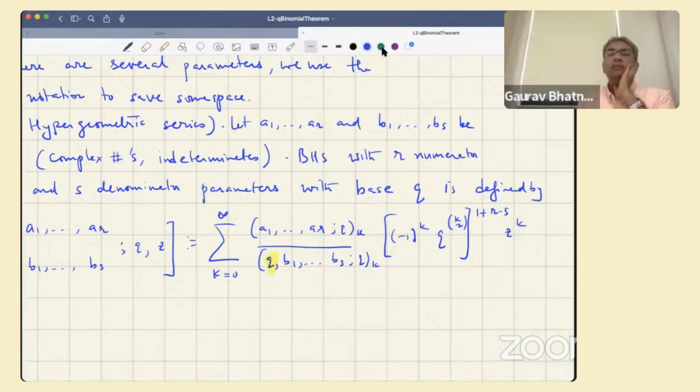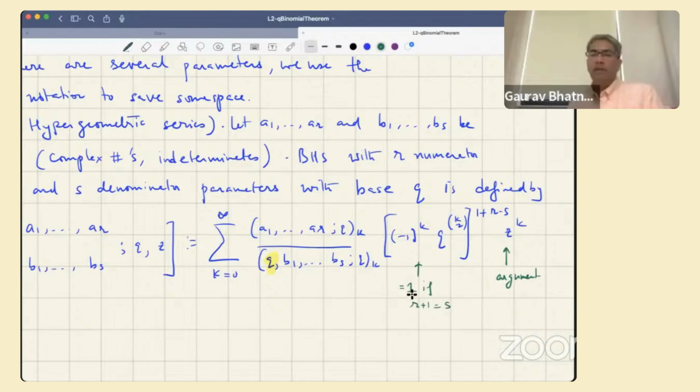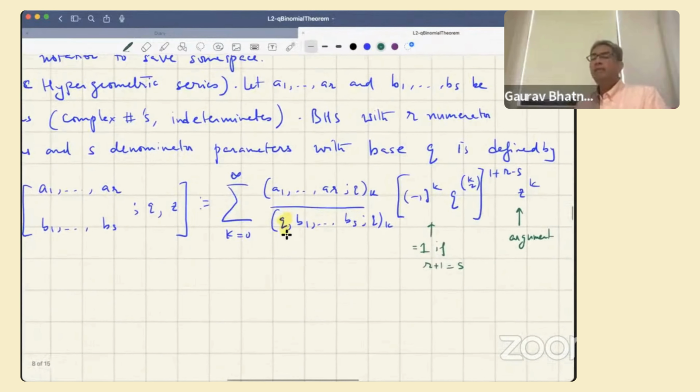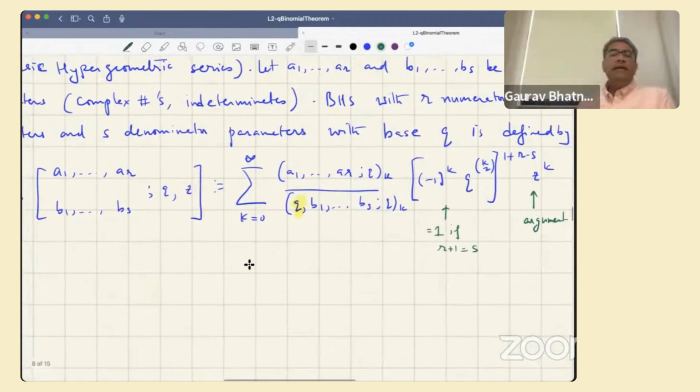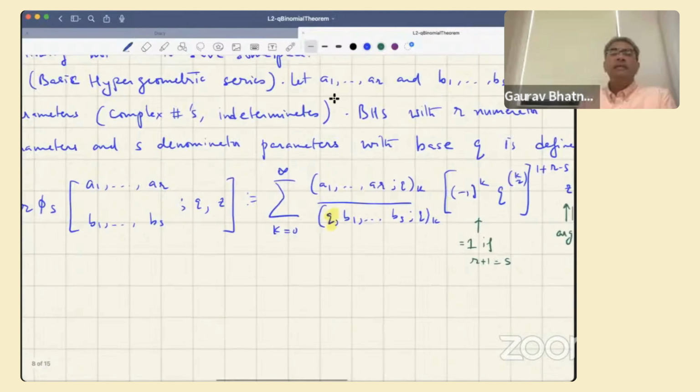I can put some colors. This is called the argument. And this one is equal to 1 if r plus 1 is equal to s. So typically we have one extra parameter here, and this is the hidden parameter, so they are actually matching over here. And as an exercise,